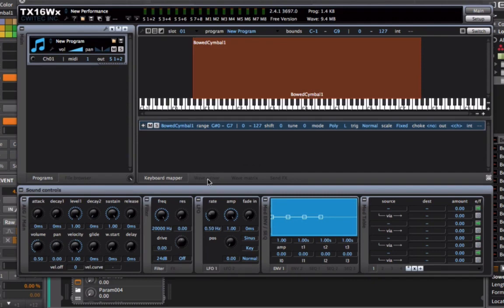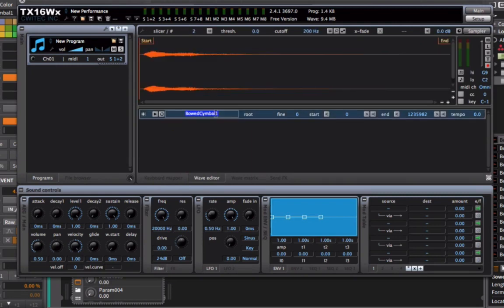So what I'm going to do is go into the wave editor, select the sample, and I can set up a root note right here. So I'm going to select that and go to A sharp 5. There's A sharp 6. Let's take this down to A sharp 5. There we go. Now if I go back and play,